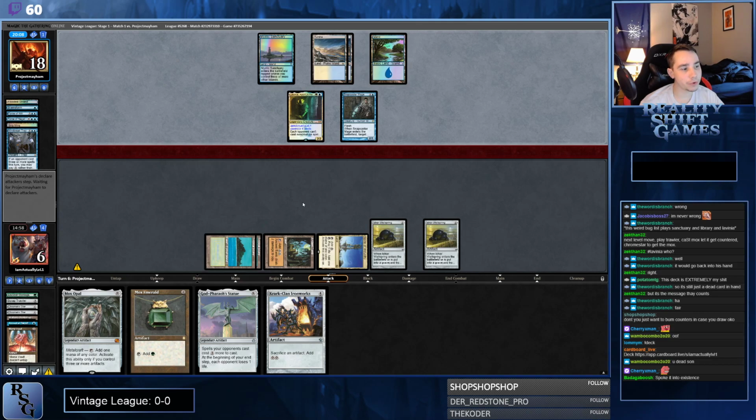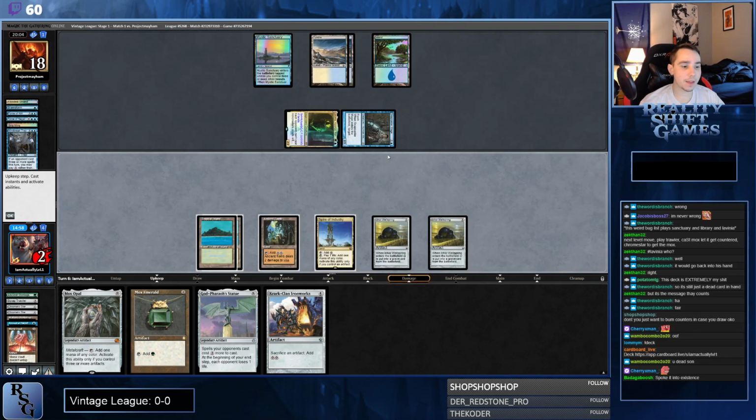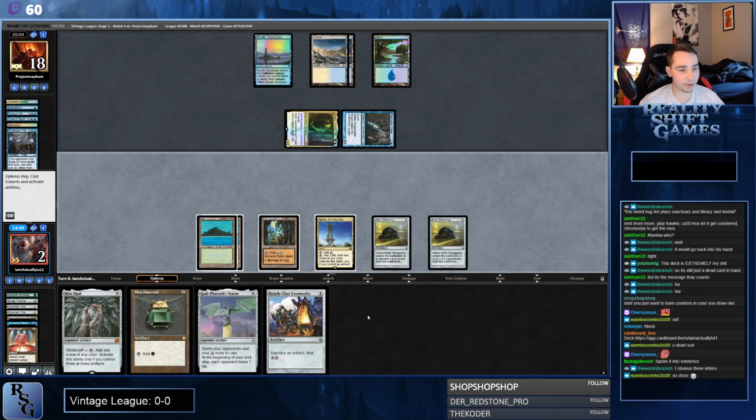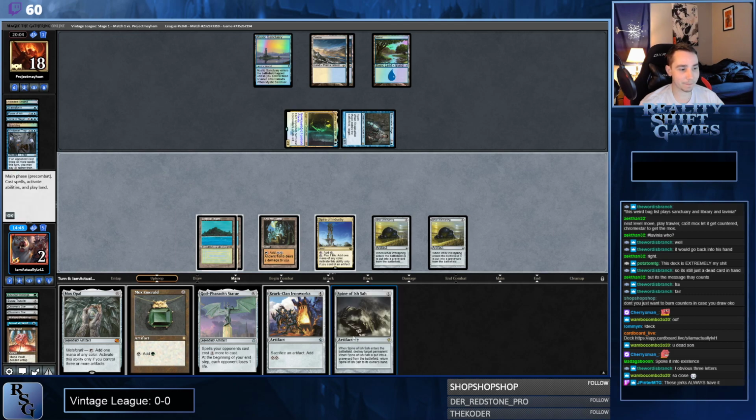It's so rude. I'm gonna die to 2/2s. Alright. This is winnable. This is winnable. I guess I kind of need a workshop now that I got my workshop strip mined, huh? Workshop. Right. If I hit a workshop there...